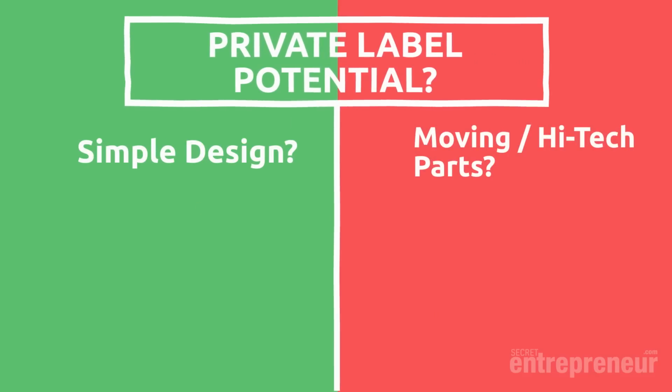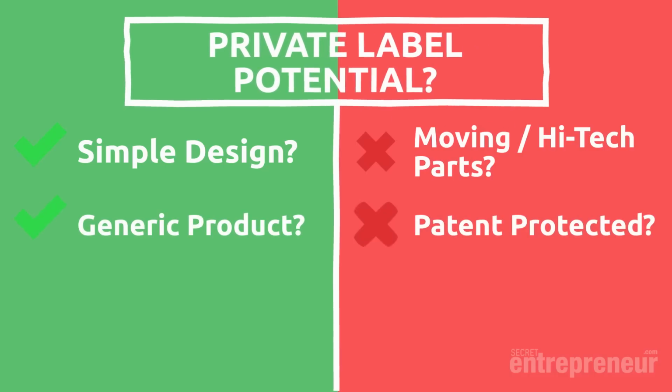Is it a complex design that has taken years of research and development to produce? Does it have lots of moving or high-tech parts? Is it protected by a patent? Items that are not suitable should be pretty obvious. For example, an Apple iPhone. And you can always order a sample unit and see if there are any patent marks or symbols on the